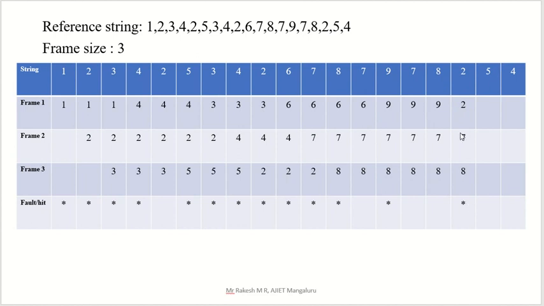Again a page fault. 5. Is there an entry? No entry, so we have to replace somewhere. 2, 7, 8. 2 here, 8 here, 7 here. The last asked is 7, so replace that. Write 5 here. Then 4. 2, 5, 8. We have to replace for 4 somewhere. 5 here, 2 here, 8 here. 8 we have to replace because 2 and 5 are recently asked. The least recently asked is this one. That's why we replace 8 with 4.